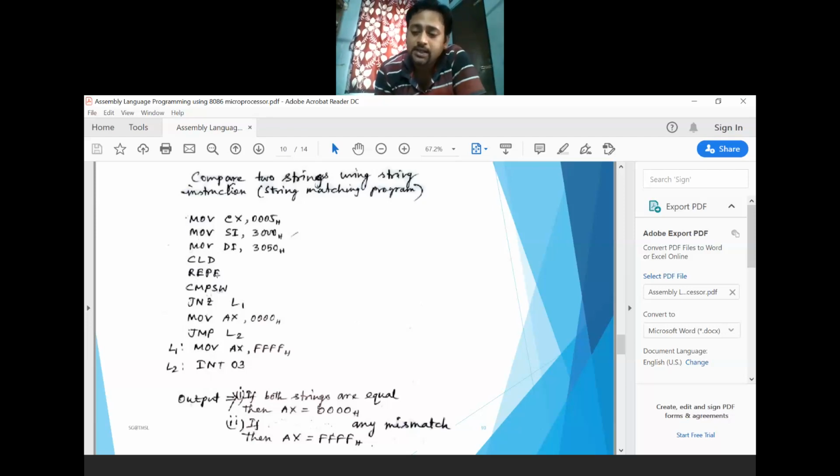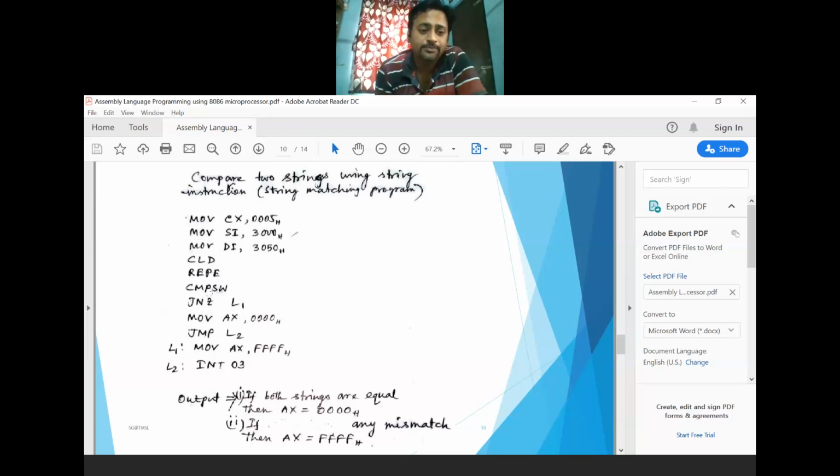REPE is the conditional repeat instruction. Only REP is unconditional repeat, and REPE is repeat if equal, until CX gets 0. CX gets decremented by 1 every time after each comparison of these two string words, so the instruction will be executed repeatedly until CX gets 0 at last.